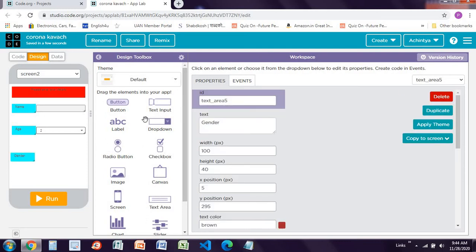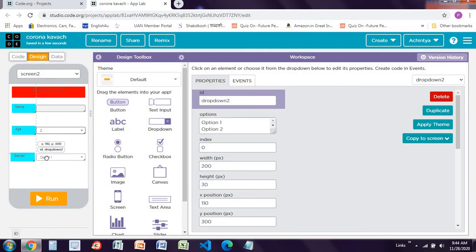And now you need one more drop down over here like this, and first option is male, then this one will be female like this.